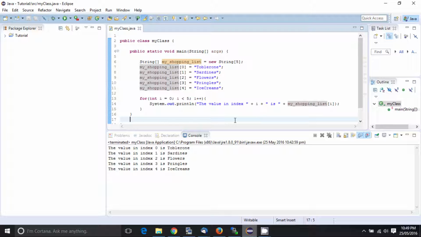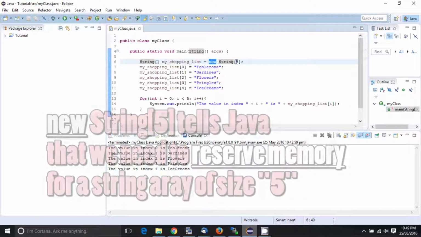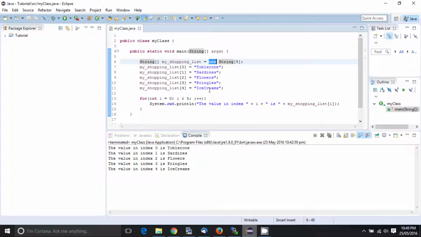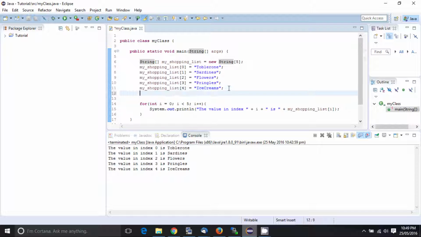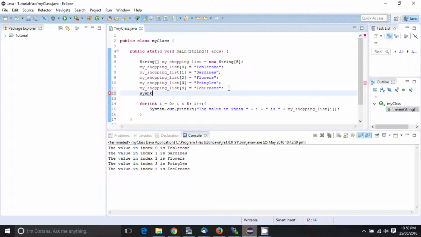Now for example, say we had a string array called myShoppingList, and we initialized that to a new string array of size 5, and then we added 5 things to it: Toblerone, sardines, flowers, Pringles, and ice creams. And then say we wanted to print out every single thing in the entire array. Well, what we'd have to do is say system.out.println number 0, system.out.println number 1, and we'd have to write 5 lines of code to print out every single